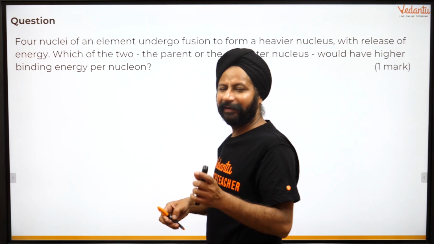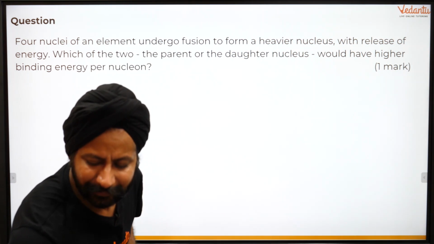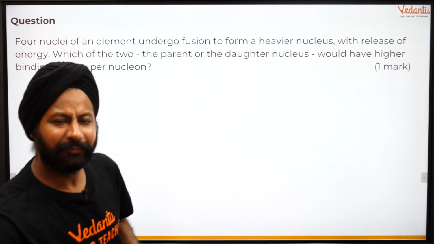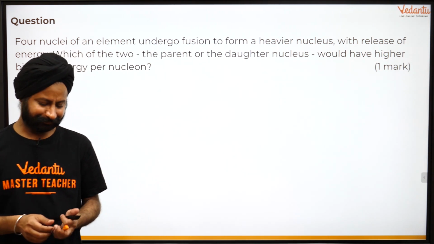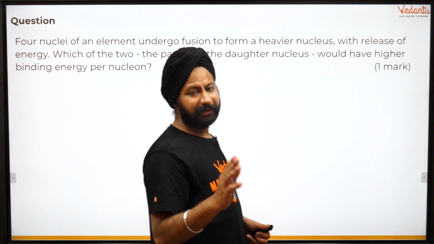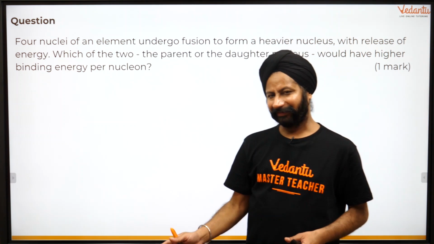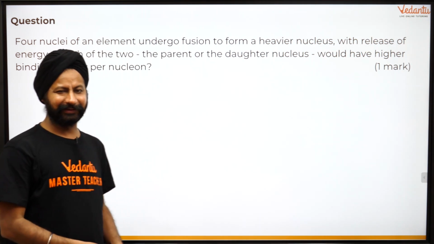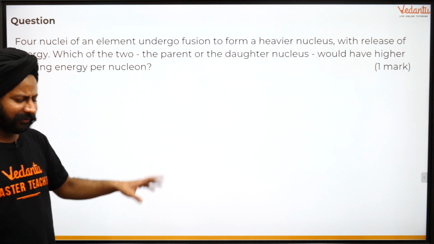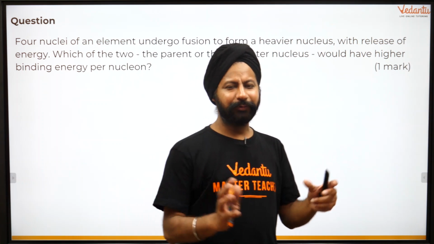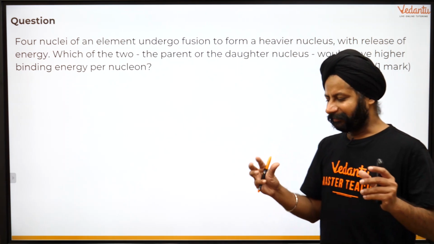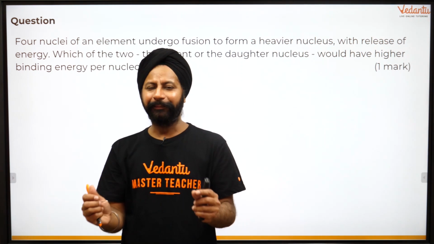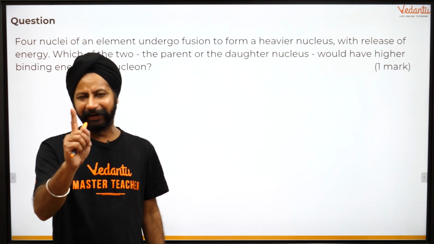Now binding energy, see, it's simple. Let me do this one more time. What I'm saying is there was potential energy, and it's reducing. Everybody wants to reduce the energy content. Now binding energy, on the other hand, is a negative energy. When you increase it, you're basically reducing the energy. A bigger negative number is a lesser number. Think about it that way. Now back to the question here. Why would they unite unless there is stability? More stability means more binding energy. They united because the product will have more binding energy.